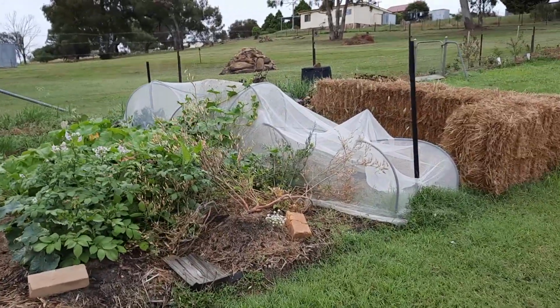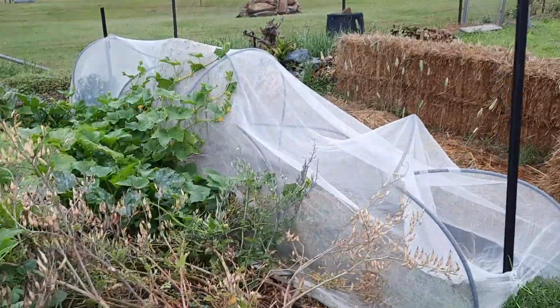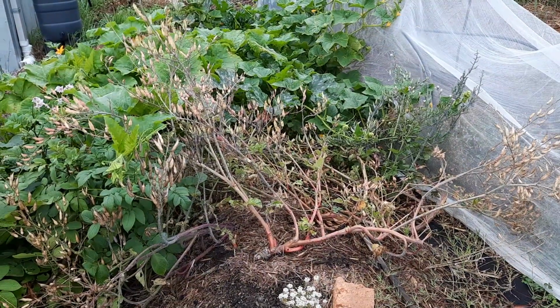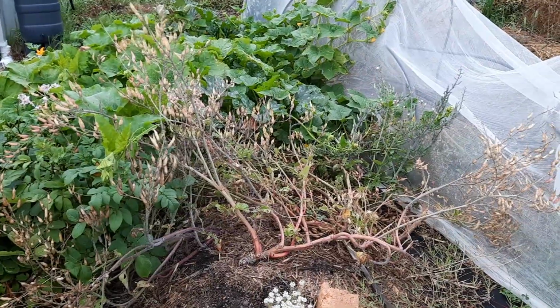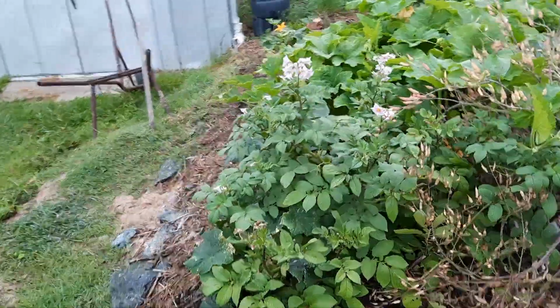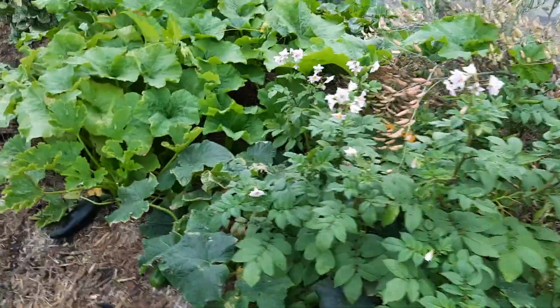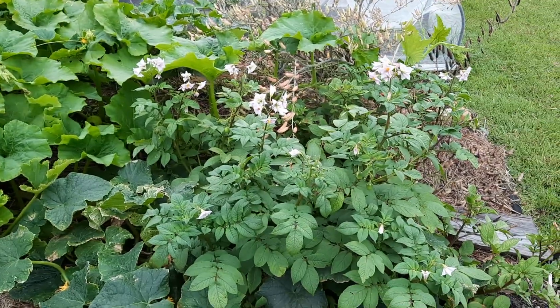Now our tunnel here has collapsed a bit, so we need to fix that up, and there's not much in there that's actually alive anymore. The radishes went wild, and we've been saving them, letting them dry out so that we can collect the seeds. We had some potatoes come up here. I put them in last year, and they didn't really do very much, and then suddenly one sprouted here